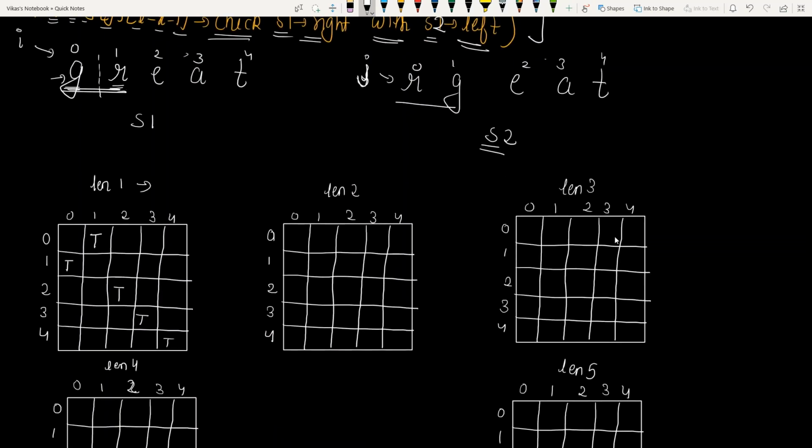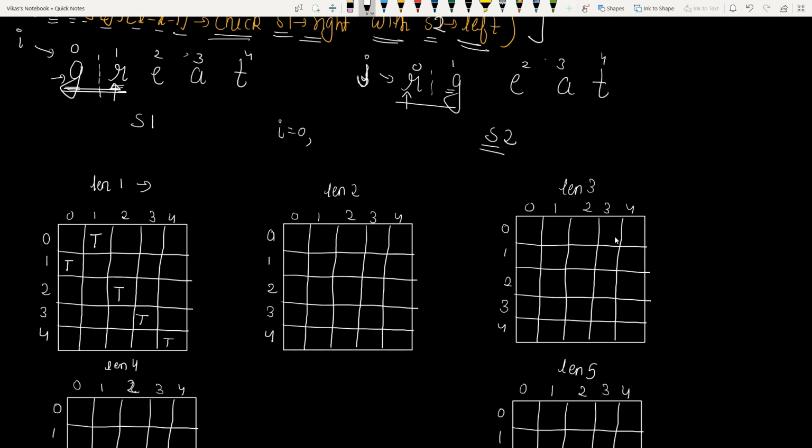S1's left is this one, G, and S2's right is G. So this is matching. Then we are going to check S1's right and S2's left. These two are also matching. Then we are going to place true at i comma 0 and j comma 0.